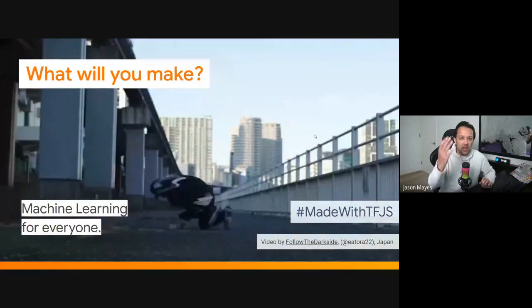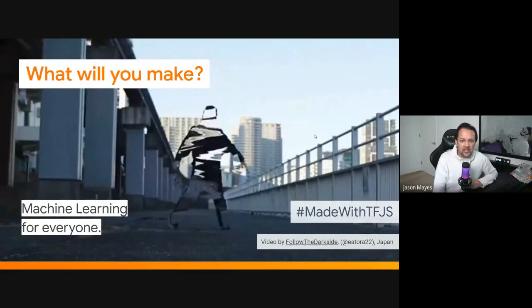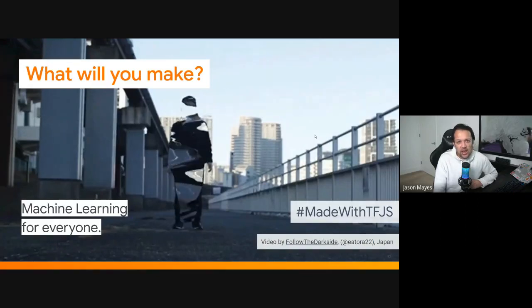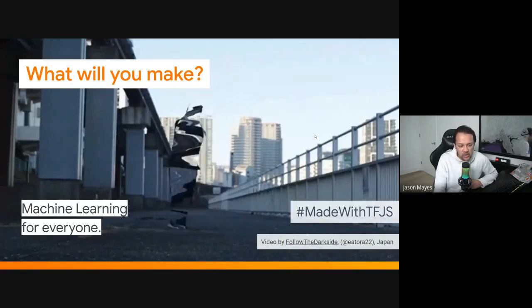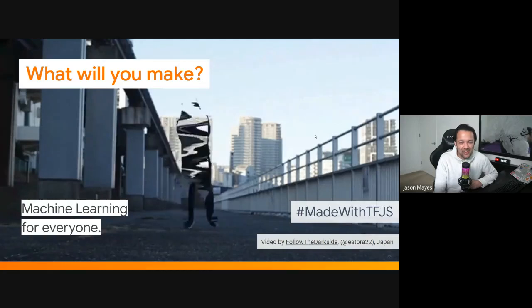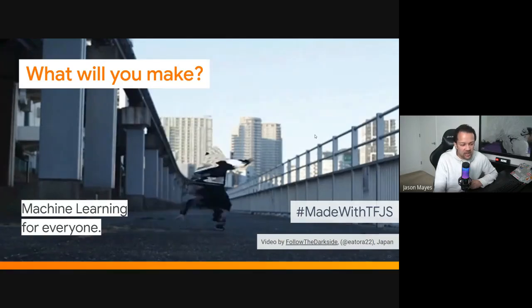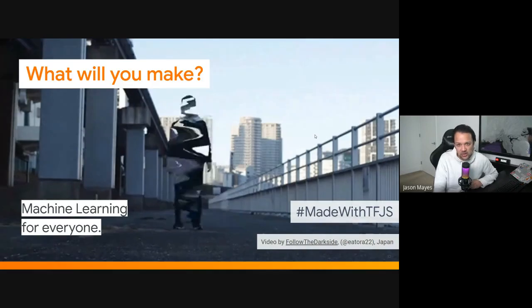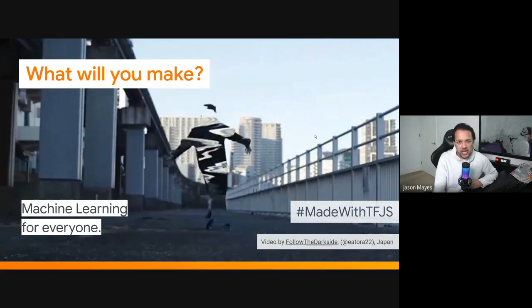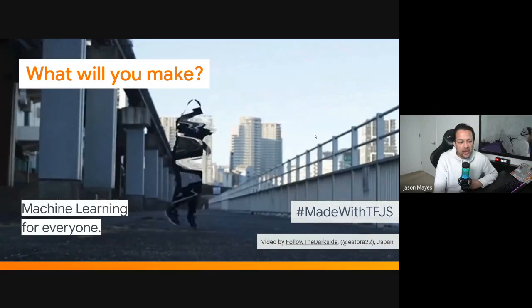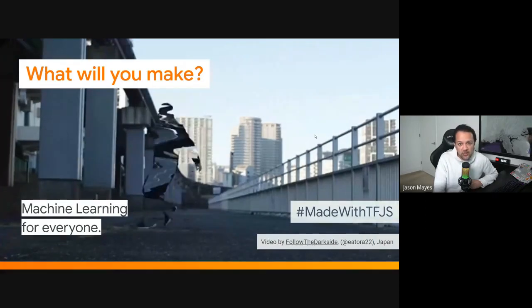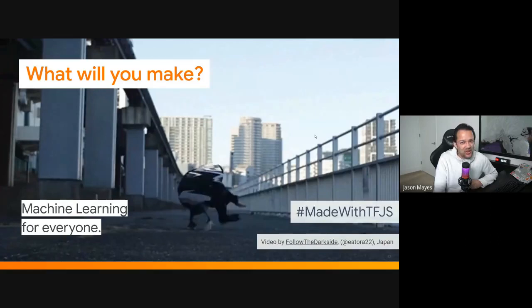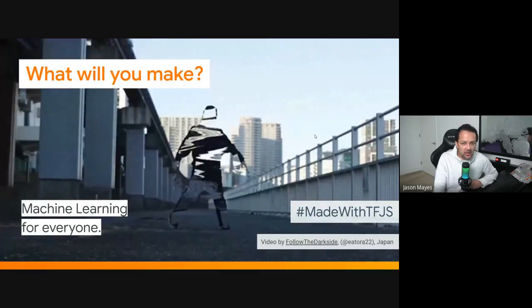So with that, a little bit of inspiration again. This is a dancer from Japan in Tokyo, and he's managed to use TensorFlow.js to make this really cool hip-hop video, as you can see here on the slide. And my reason for ending with this is that machine learning really now is for everyone. It's not just for the academics and engineers, but it's also for the creatives, musicians, and artists as well. And TensorFlow.js is a key part of that story to enable anyone to be able to use machine learning. And I hope that everyone here today takes their first steps with it as well. Even if it's just something simple, just go and try it out after the show and tag me with Made with TFJS to see what you've made. I'd love to see what you've been creating.